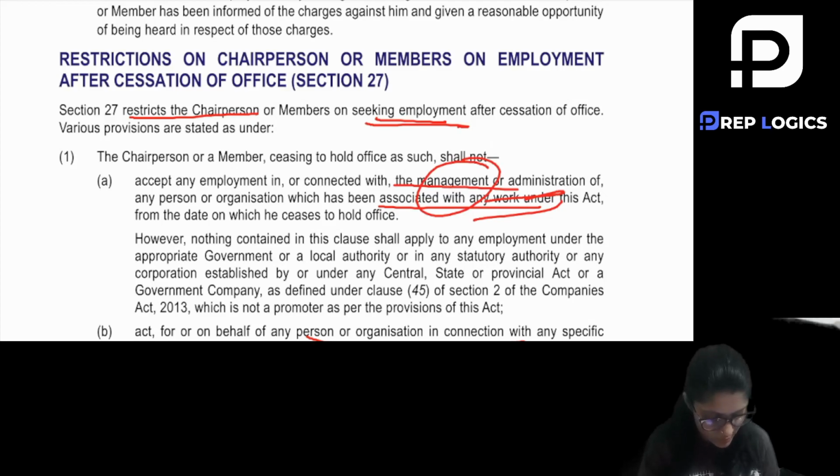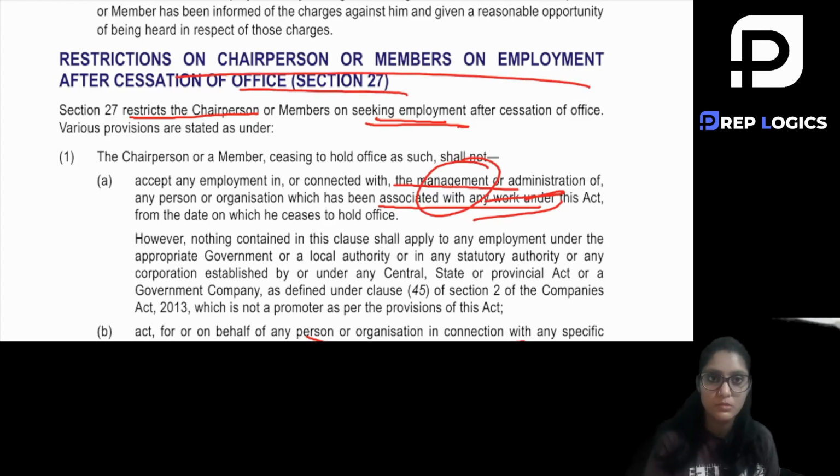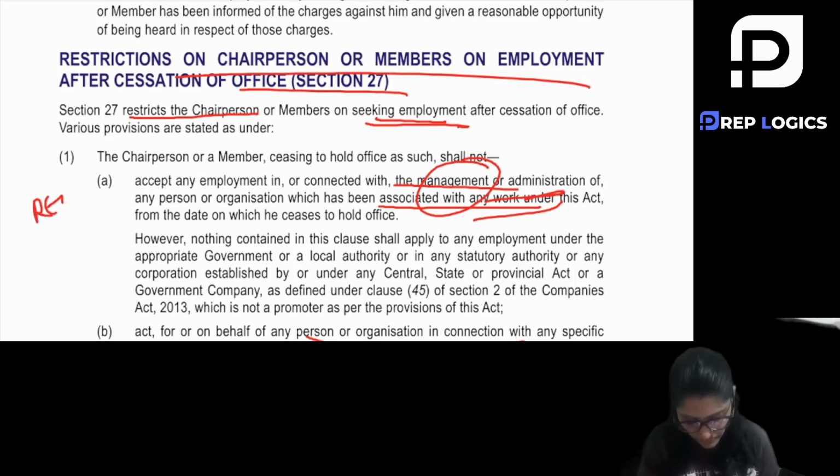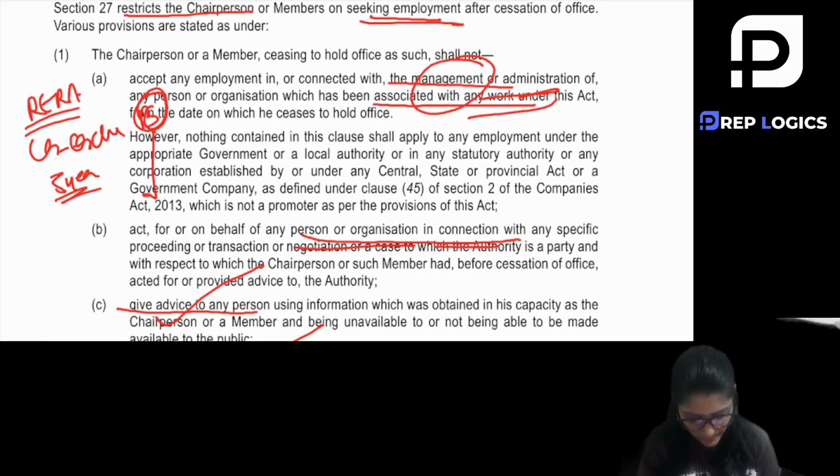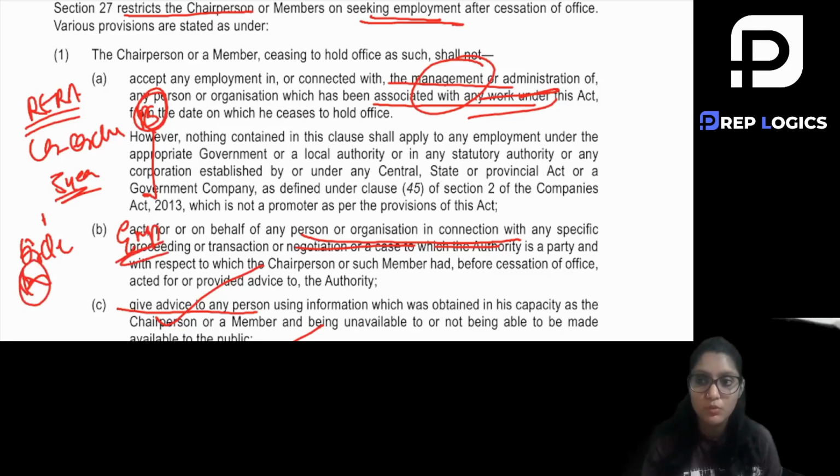Now, restriction on the chairperson on taking employment. So see, in RERA, suppose the chairperson has passed an order against some builder. Now, what is the builder saying? You will be removed after 5 years, right? After 5 years, you will be removed and you will not be able to be reappointed. So I will give you employment. Please do not pass an order against me. I will give you appointment. So,